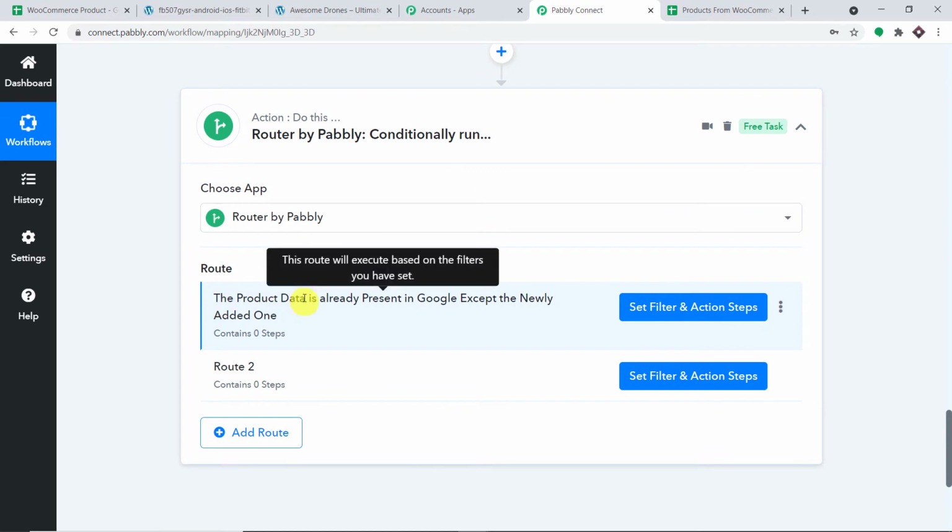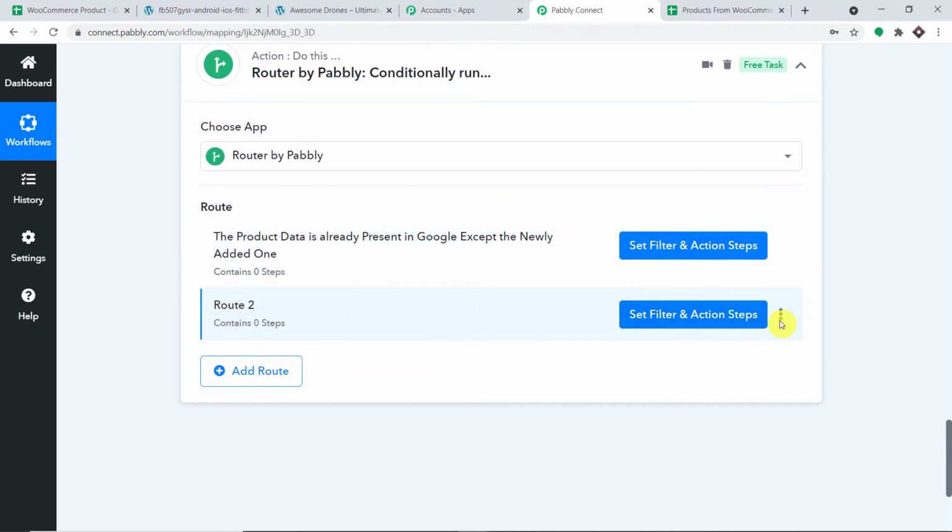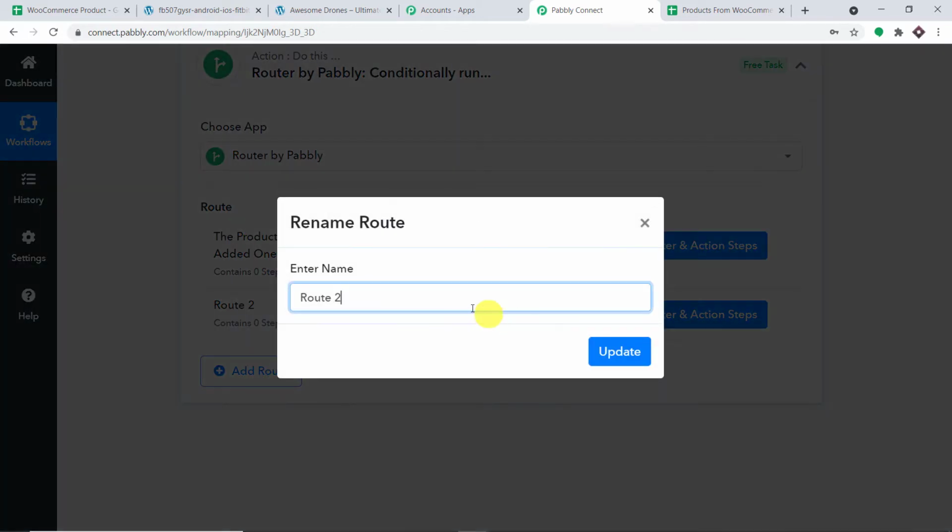So this is the first condition, the product data is already present in Google Sheet, except the newly added one. Now the second condition, let me rename this: the Google Sheet is totally blank.